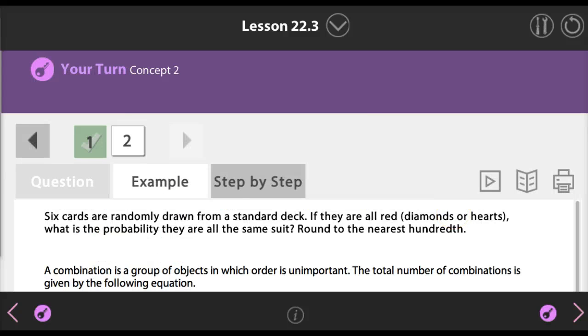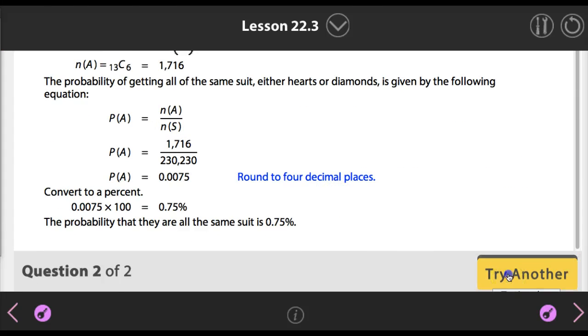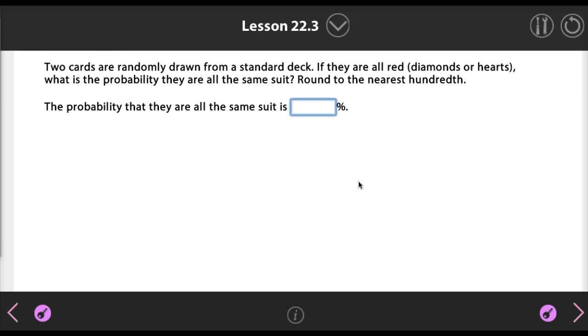So now what I'm gonna do is I'm going to go ahead and do our your turn question. And of course, this question is going to be different from the one that you see in your textbook. So what I want you to do right now, I want you to either copy the question or you can just try and work the question in your printed copy, whatever you want. I'm hoping that the questions are different. That's what I am really hoping for. Okay, so